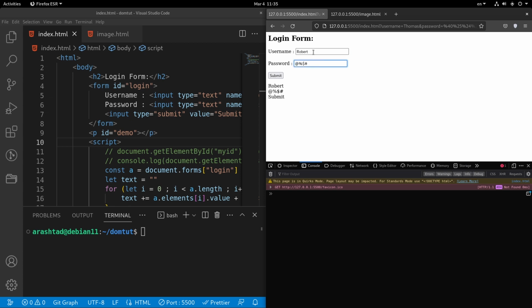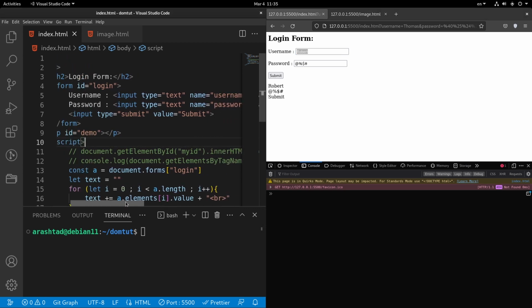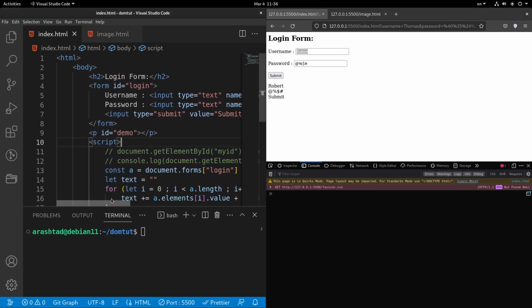So we want to see if one of our HTML elements has a kind of property, and if that doesn't happen, then we want to show the user to enter that inside of the form. So here we have the form for the username and the password. So I'm going to make some changes on the HTML elements. So here we had the form with the ID. I'm going to change this to, for example, name,